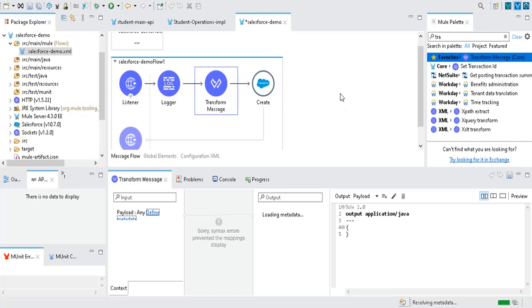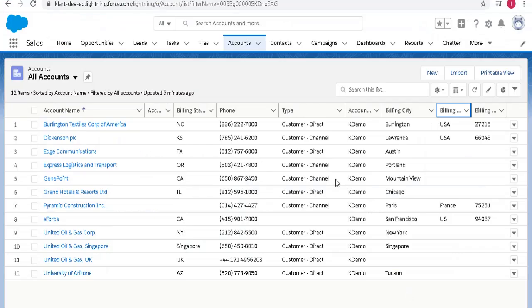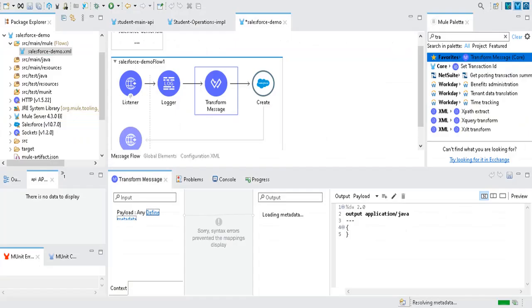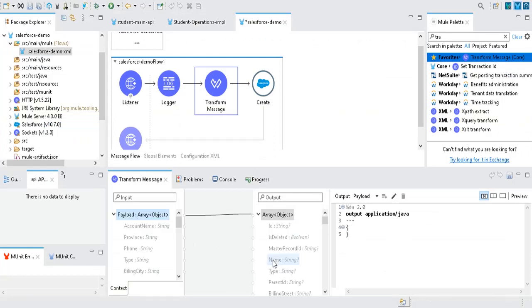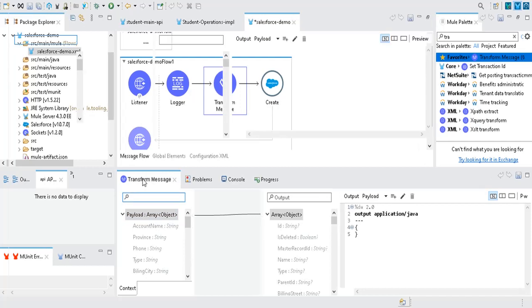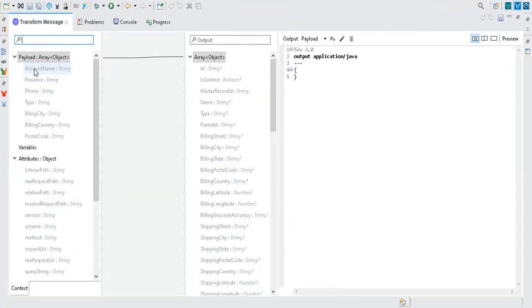It will load that sample data as well as the Salesforce create connector required data. Here it will load the sample data which we have imported just now, and here it will load that account object input details. Just like that, this account object has these many fields, right? It has a lot of fields, but we have displayed only these couple of fields. So it will show all the fields available in that account object. We need to map them manually. So I'll maximize this. Okay, see, these are all the fields available in our sample file.